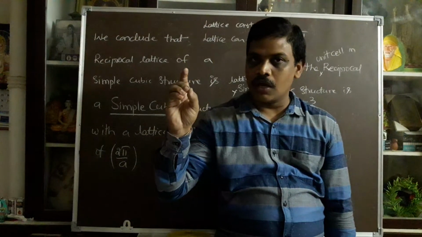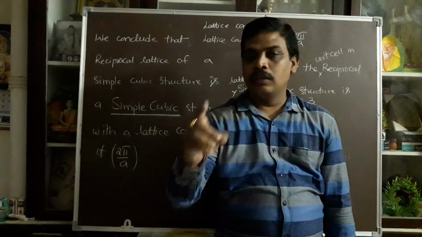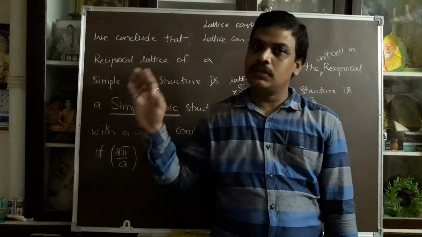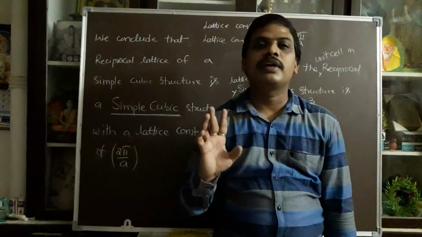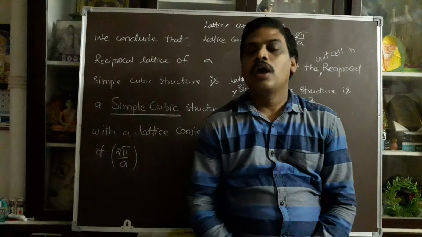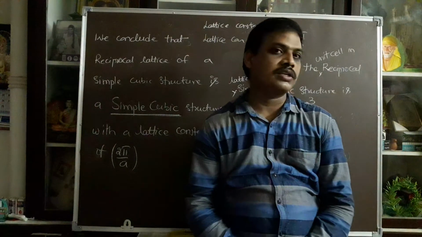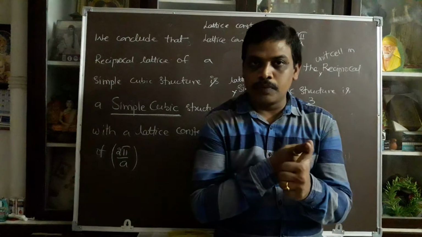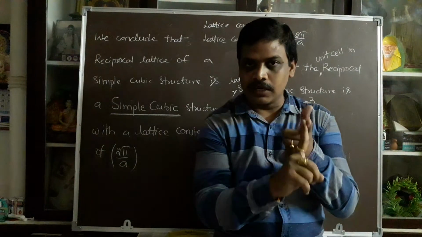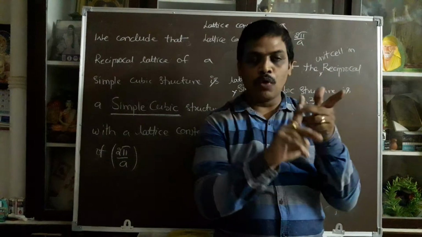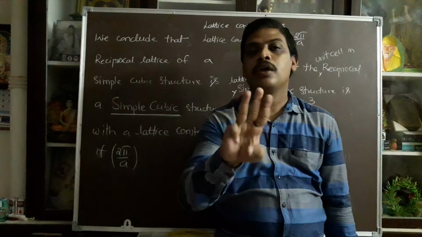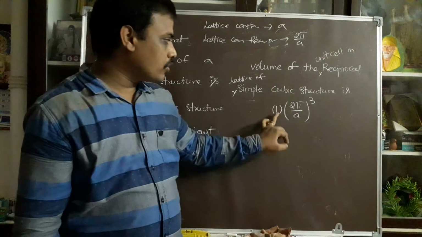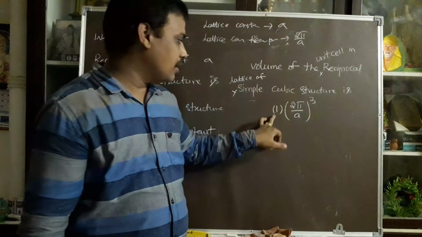Based on these three vectors, you can clearly explain the lattice constant of the given reciprocal lattice. After that, you can deduce the volume of the reciprocal lattice according to the structure. Why do I say according to the structure? Because for each structure, there is a number of lattice points per unit cell. For simple cubic structure, only one lattice point. For face centered cubic structure, there are 4 lattice points. For body centered cubic structure, there are 3 lattice points. Based on these, you can determine the volume. So for simple cubic, there is only 1. For face centered, there are 4.